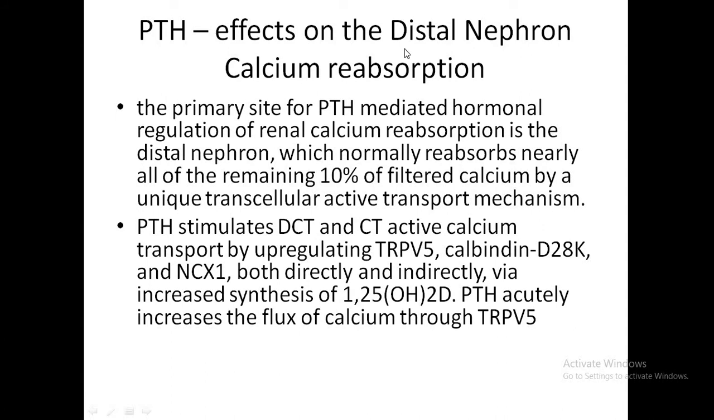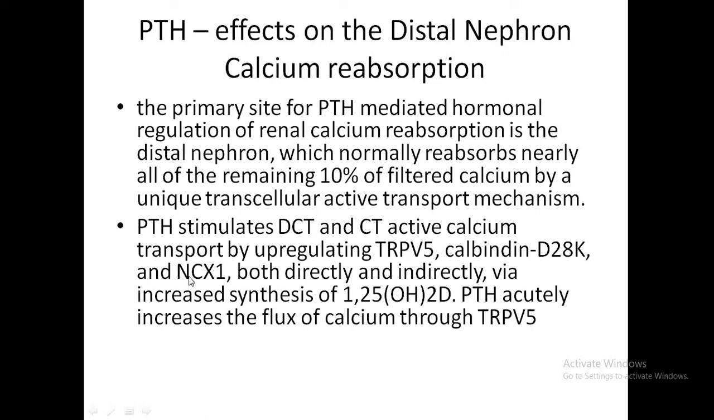So PTH mainly affects calcium reabsorption in the distal nephron. The primary site for PTH with regards to renal calcium reabsorption is the distal nephron, and it will normally reabsorb the remaining 10% of the filtered calcium. It is done by a transcellular active transport mechanism, and PTH will stimulate the distal convoluted tubule and the collecting tubule active calcium transport by upregulating TRPV5,